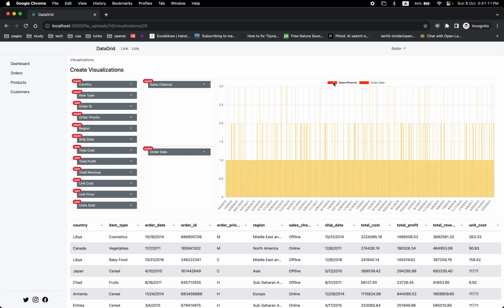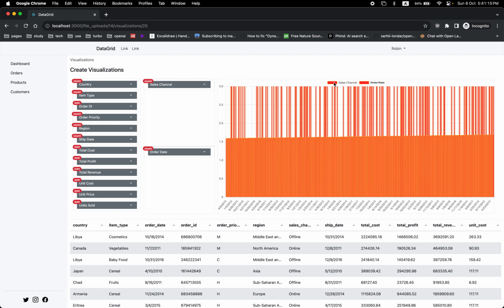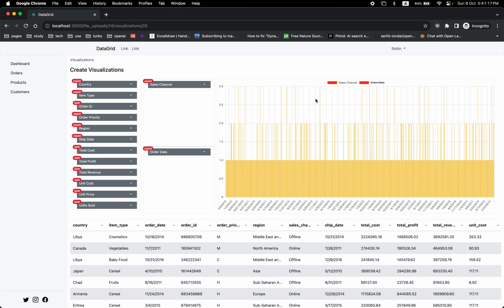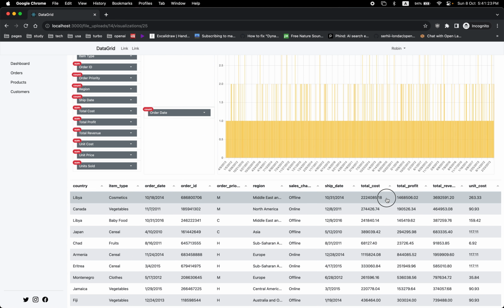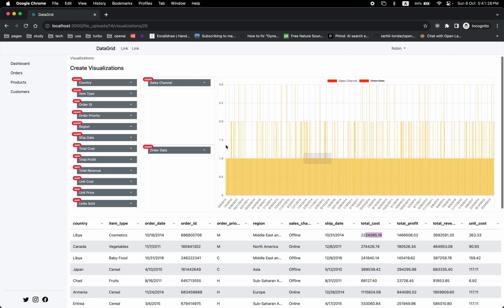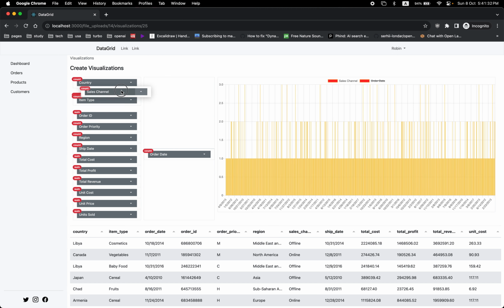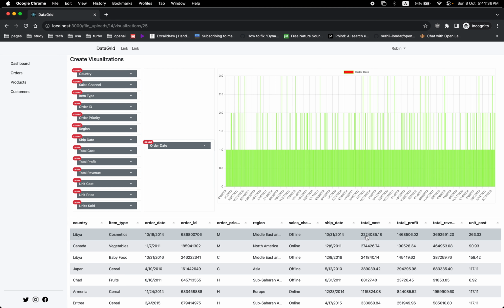So I can say, okay, give me the order date, nothing. So based on that, whatever I want to, I can do. It's kind of cool. I have a lot of random data, if you see. So that's why it looks difficult to see, but overall if you have a good data set, it is very good. So for example, I know that total costs, I'm not sure in the backend is a string or not,